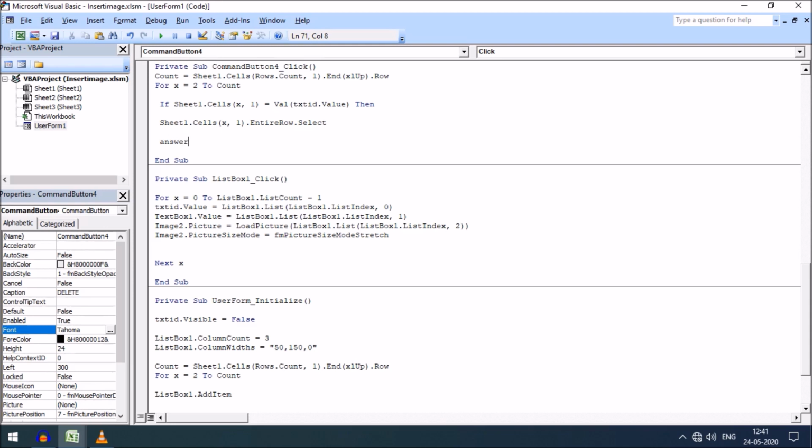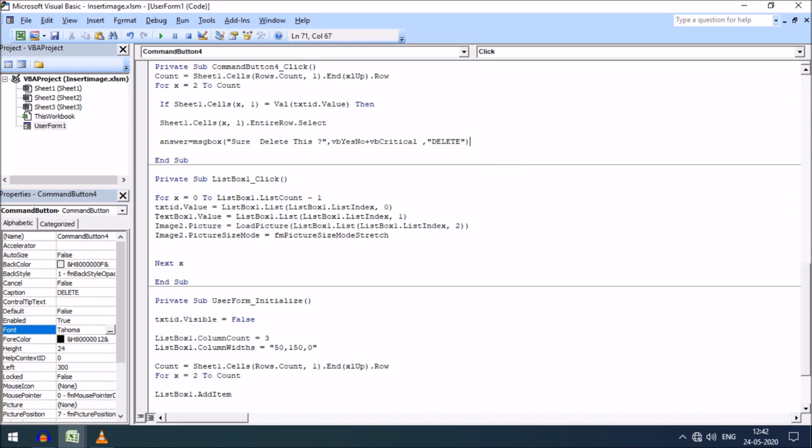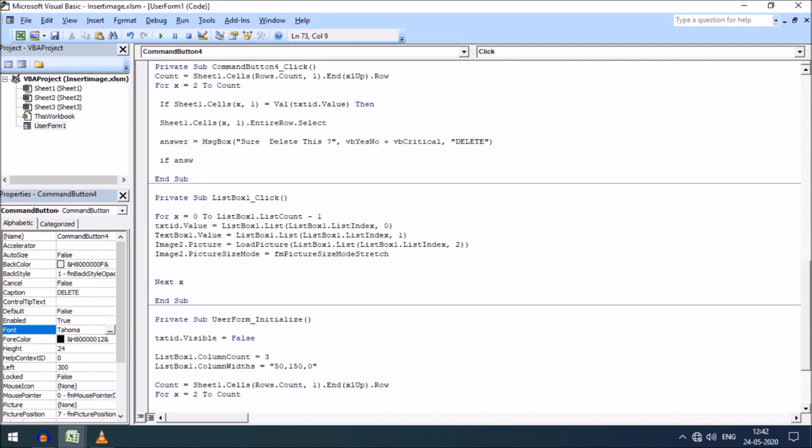So I can write answer = MsgBox("Are you sure to delete this?", vbYesNo plus vbCritical, with the heading of the message box being "Delete". Just close this, and if answer = vbYes,